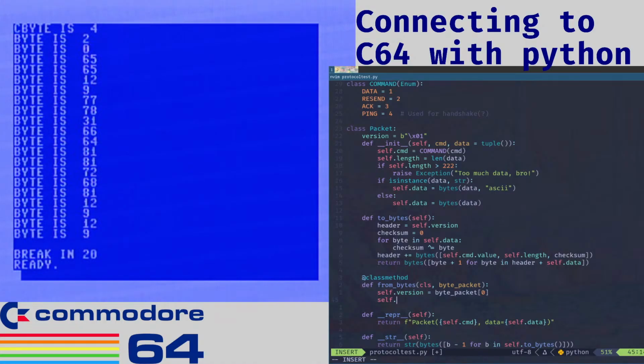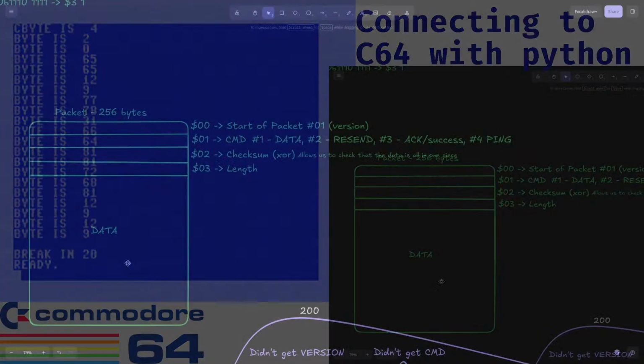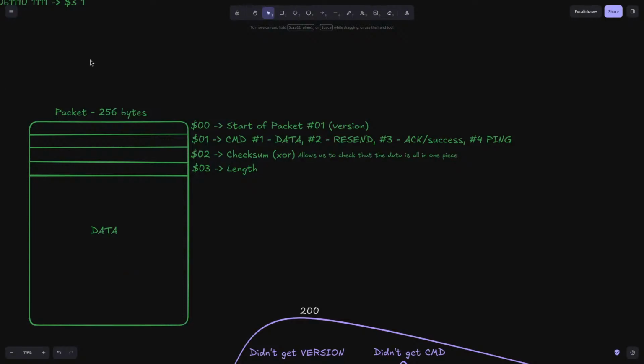self.command = BytePacket at 1. Okay, now let's go ahead and match self.command on the various things, because if we look at our packets, only